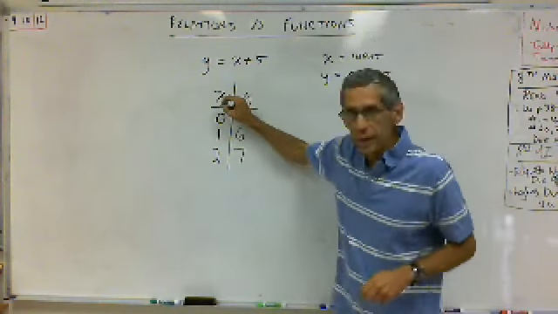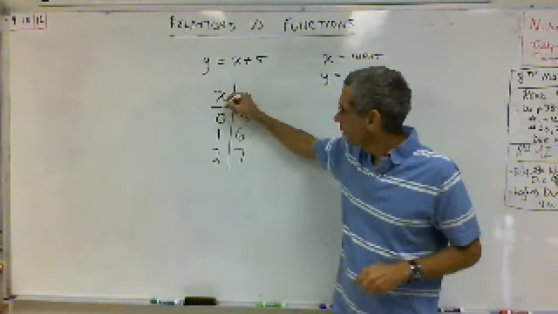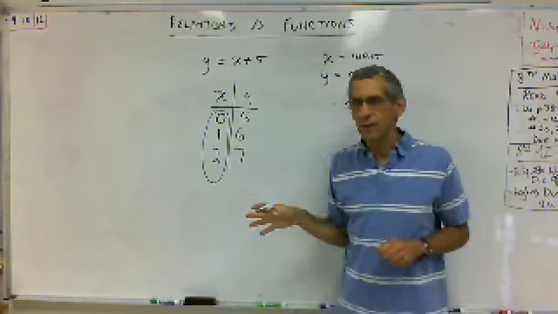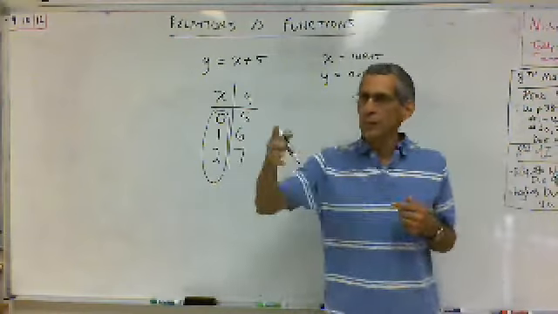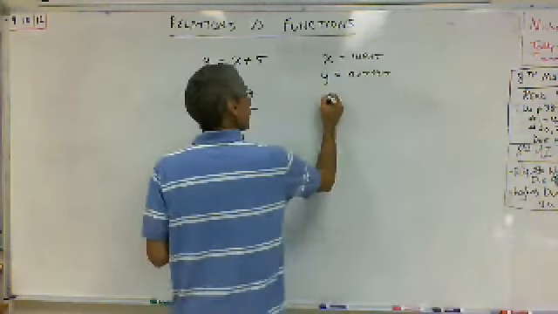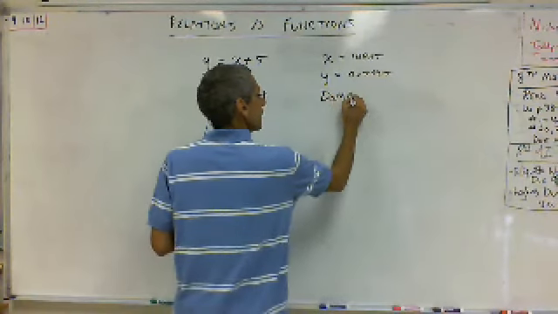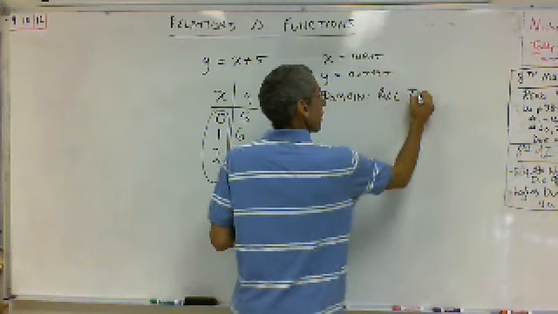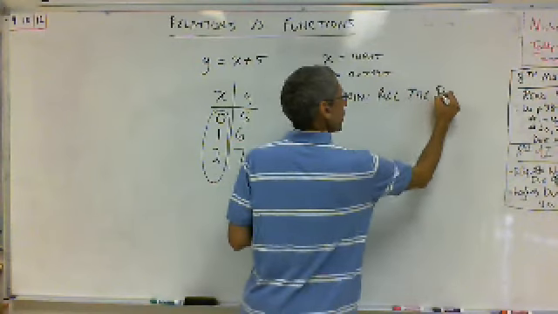Now, what are you guys from the reading last night? You learned a vocabulary word for what all the x's are. They're inputs, but they're also something else, Nicholas. They are the domain. So the domain represents all the possible